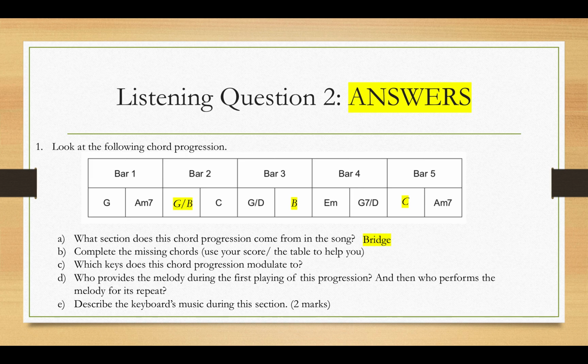And the keys that the chord progression modulates to are C major and E minor, and then it moves to D at the end. How did I know this? Because we know that modulations are indicated by cadences, and specifically perfect cadences. In the do now, we recapped that a perfect cadence moves from chord 5 to 1. So let's look at where the 5 to 1 chord sequence happens in this progression.